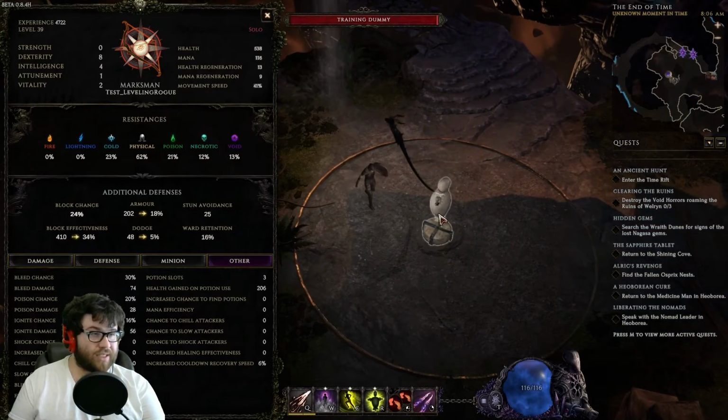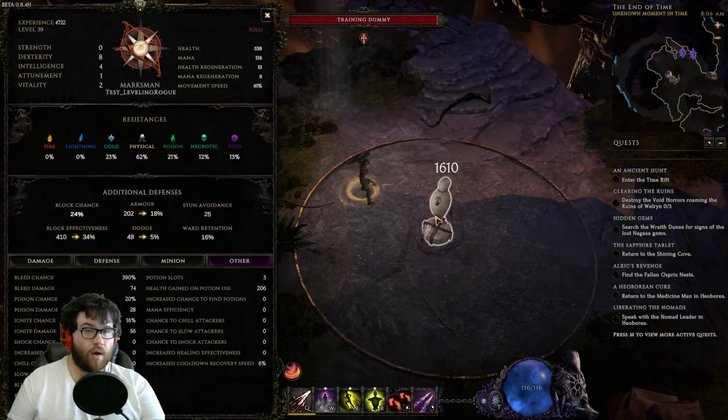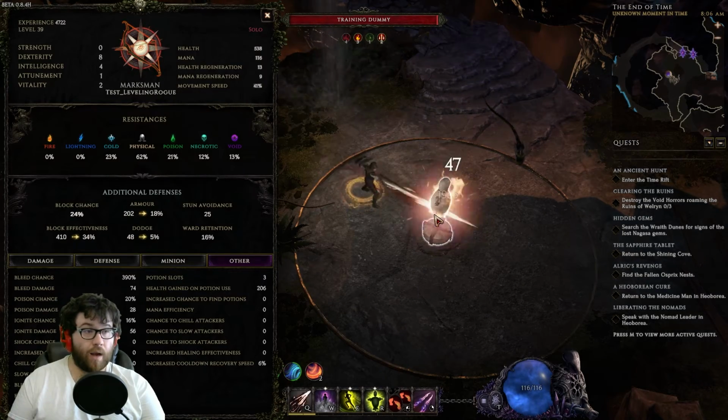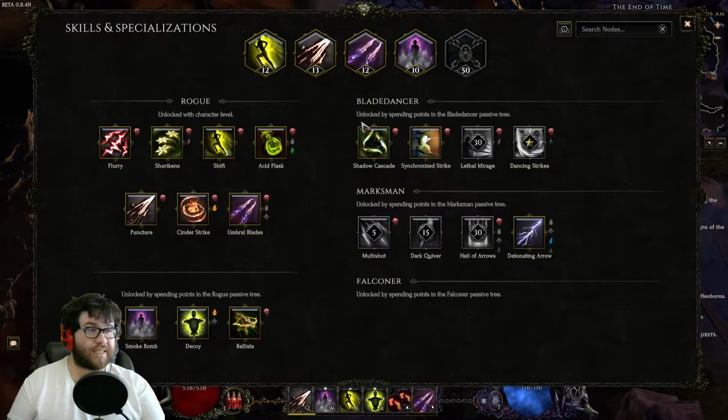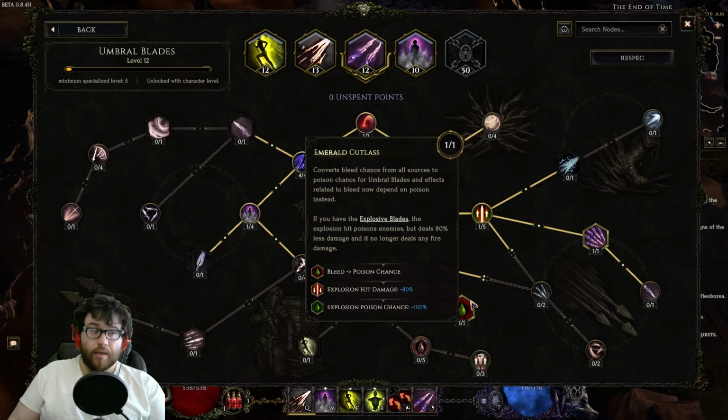So as you can tell here, as I use my puncture, we gain a bunch of global bleed chance above my head, all the way up to 390. And all of that global bleed chance is converted into poison. And the reason why that's so strong is because the more poison we have on the